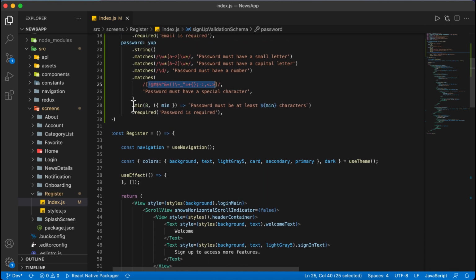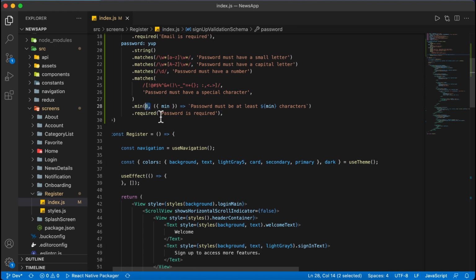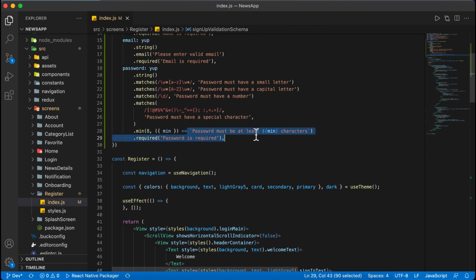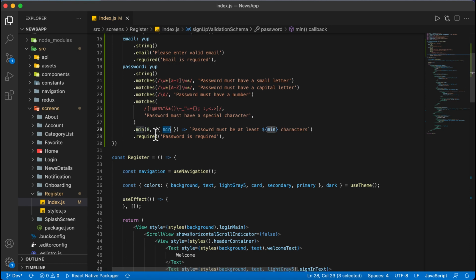We have also used minimum, so we are passing 8, so the password should be at least 8 characters. Inside that it is giving a callback like this min, and then it shows the message: password must be at least min characters. This means it will be 8 characters. And also it is required.